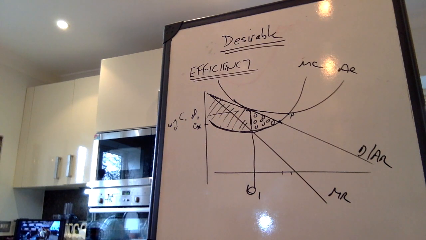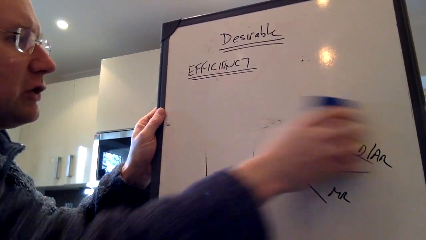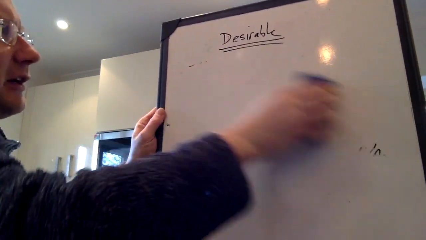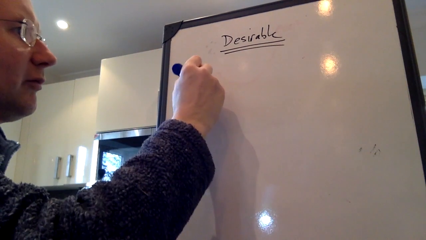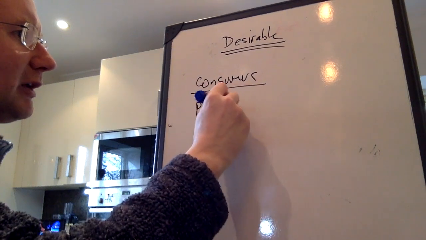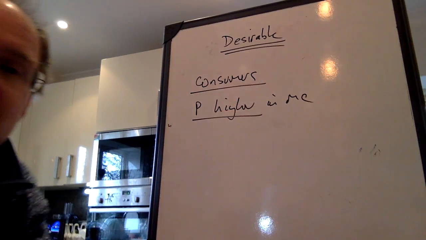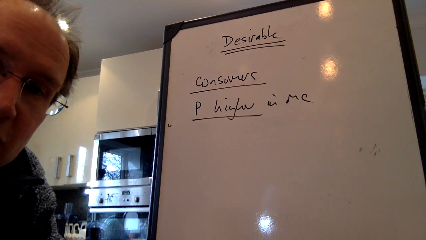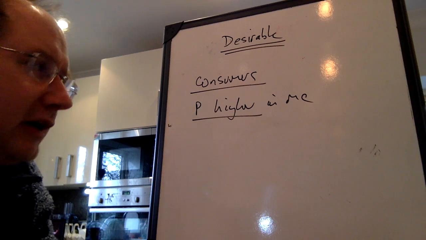Is to say, well, to what extent is it efficient? And then I think about the benefits to the consumer. We've already seen this idea that prices are probably going to be higher in monopolistic competition, and therefore there's going to be a loss of consumer surplus. And you could revisit the diagrams that you've already drawn to show that.